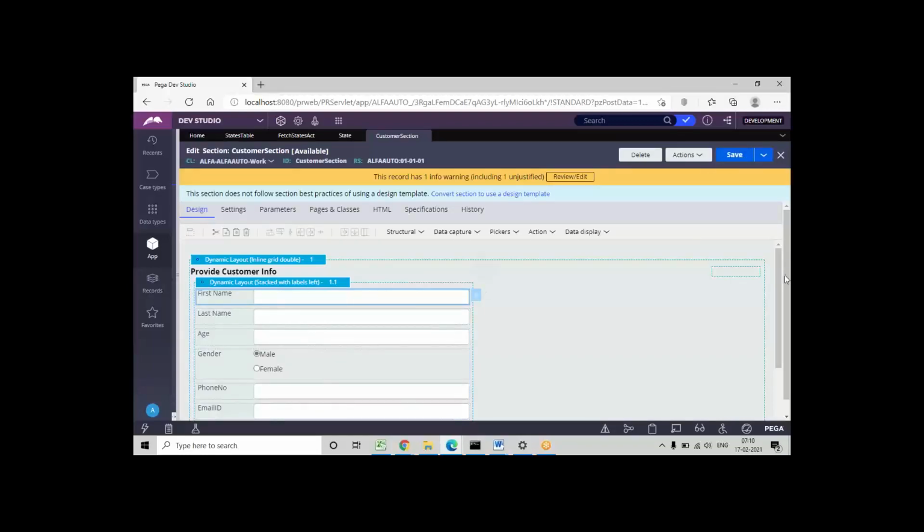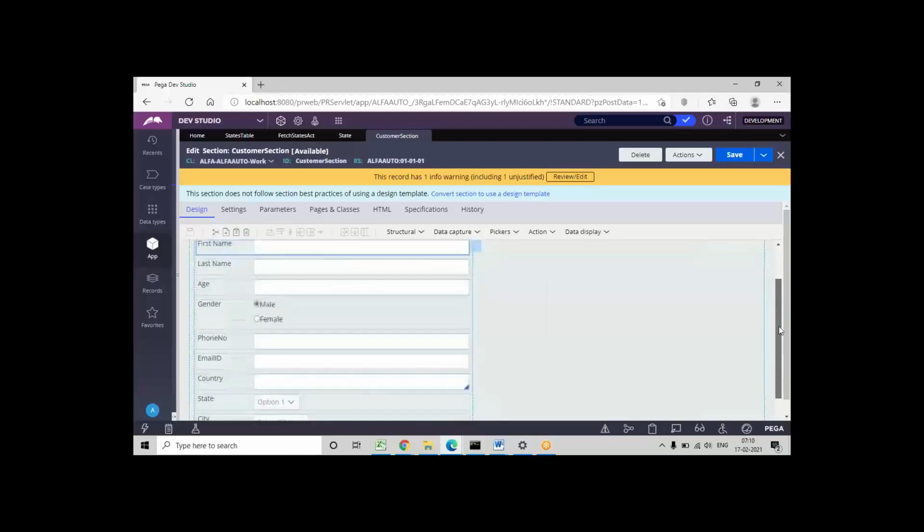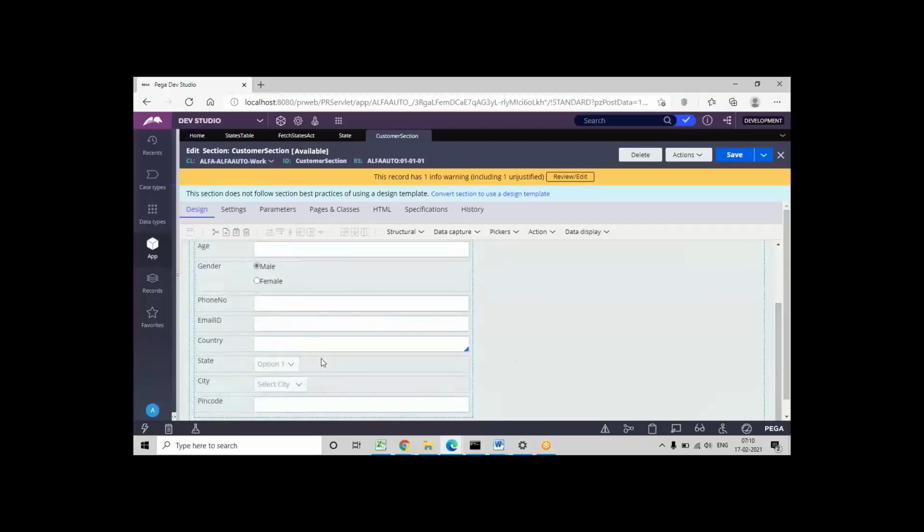Okay, now the other thing is, for the state property we are going to assign those records. Those state columns, state code and state name, two columns are there. So both the records we can assign to one property.